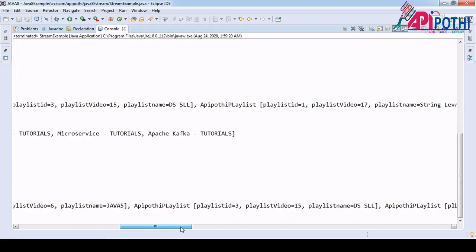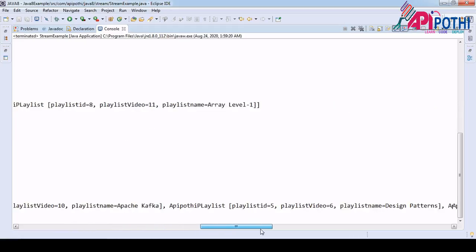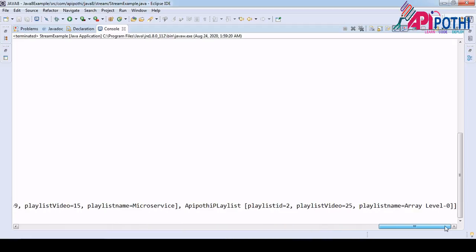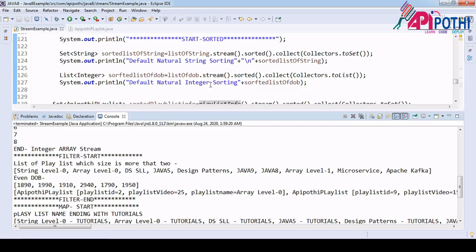Okay, 3, the format is not good, but anyhow it is sorting with some, I think, id only. See here, depends upon the playlist video or playlist name, it is sorting somewhere. Okay, you can verify. So this is the default natural sorting.